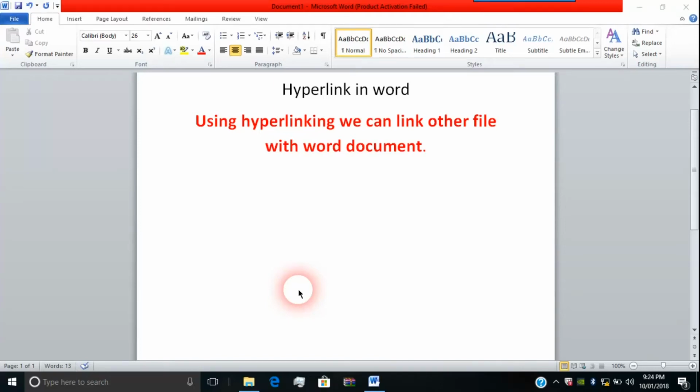This is about hyperlinking in an MS Word document. The hyperlink option gives the facility to link another file with the Word document. To link another file with the Word document, we have to go to